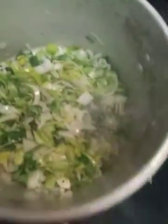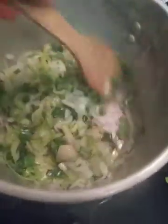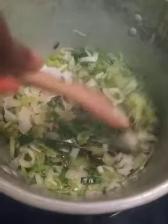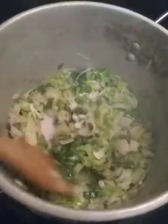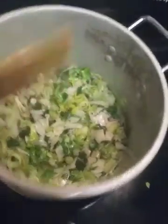So I'm going to go back over here to my vegetables that I'm sweating out, my leeks, my onions, my garlic, my green onions, and my regular onions. And see, it smells so good already. This is how you get a good stock of any kind going. So now those have sweated out pretty good. I don't want to cook them all the way because I want them to be a little al dente,